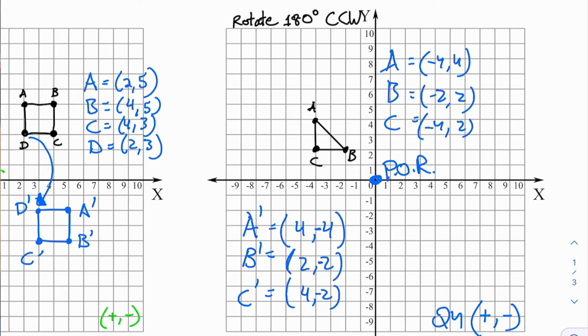So now we can plot those points. So A prime is going to be at 4 and negative 4, A prime. B prime is going to be at 2 and negative 2, which is here, B prime, and C prime is going to be 4 and negative 2, which is here, C prime. And now I can connect those. So now I have my newly located image, which has been rotated counterclockwise 180 degrees. So then I also would want to draw my arrow there. All right,